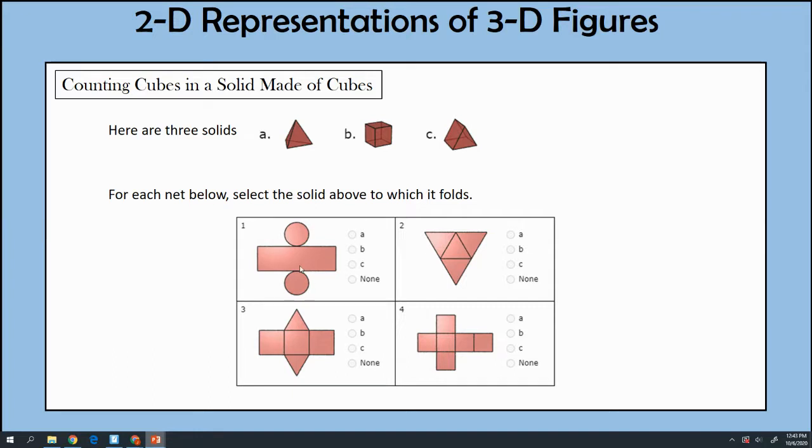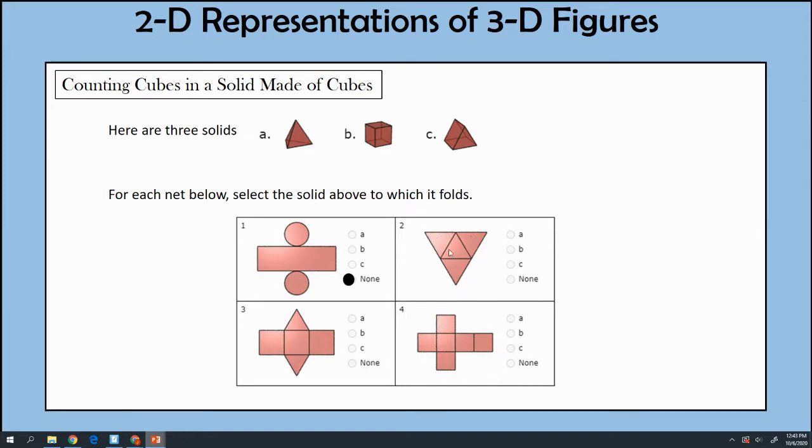So let's look at this first one down here. This would be a cylinder, right? Fold the circles up, wrap the rectangle around. You're going to make a cylinder. None of these up here are cylinders. Okay, number two, if we were to fold on these three lines, fold these triangles up, they would all meet